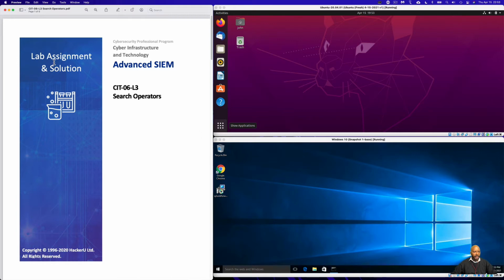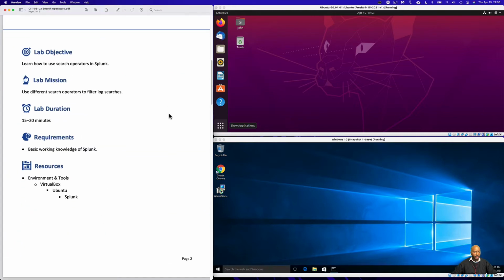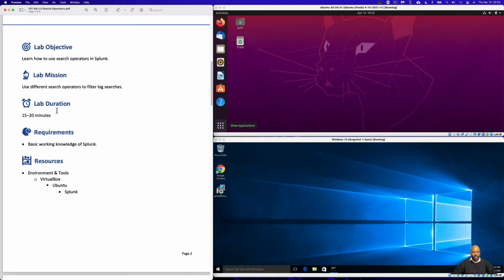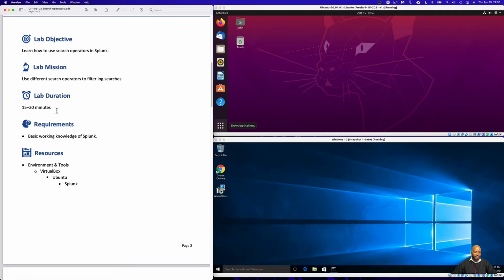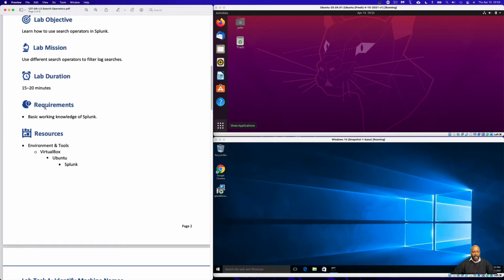Hello, and welcome to Lab Assignment CIT-06-L3 Search Operators. In this episode, we'll learn how to use search operators in Splunk, and we will use different search operators to filter log searches. This lab should take somewhere about 15 to 20 minutes, and as our requirements, we should have a basic working knowledge